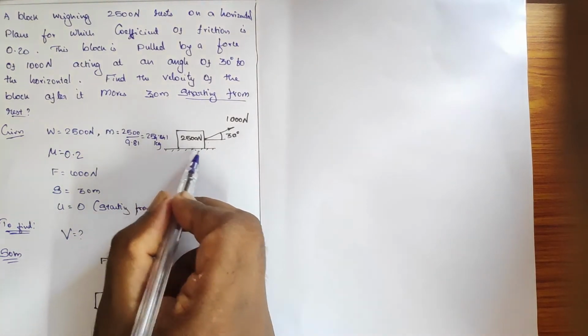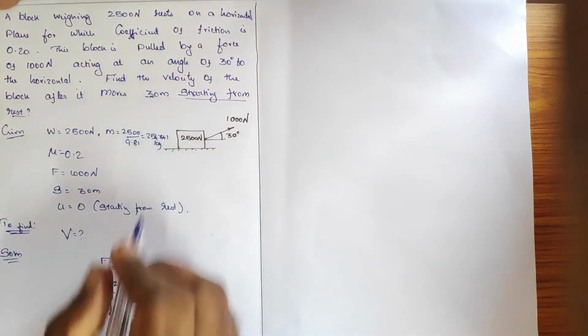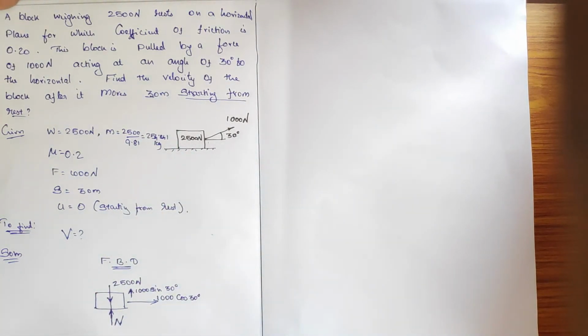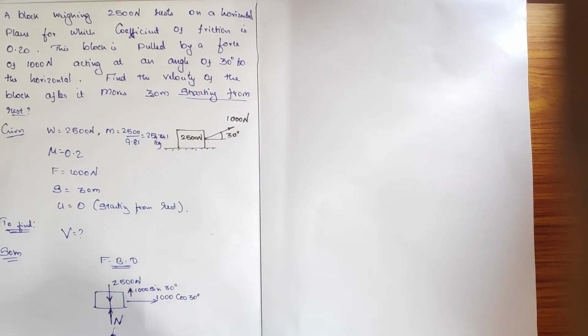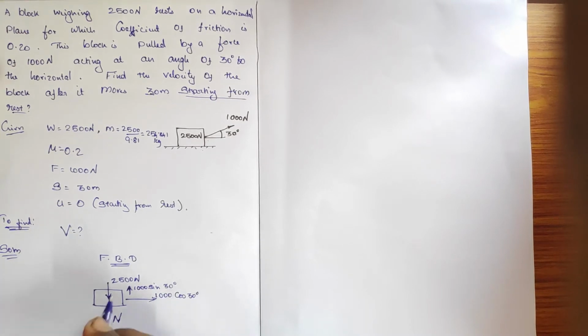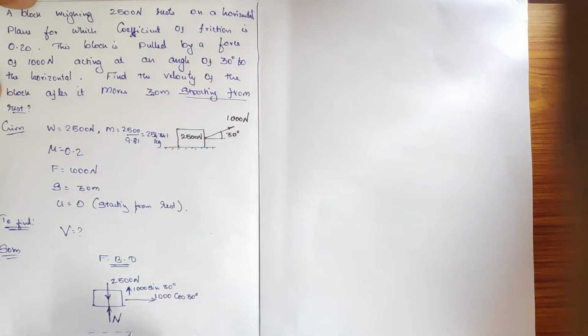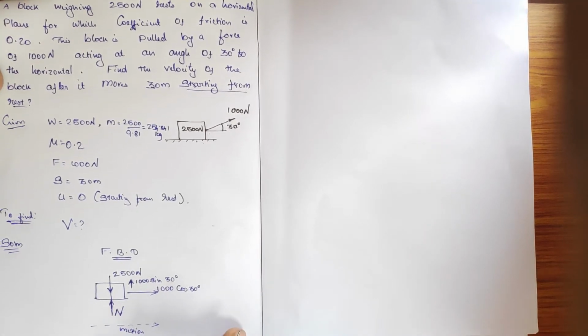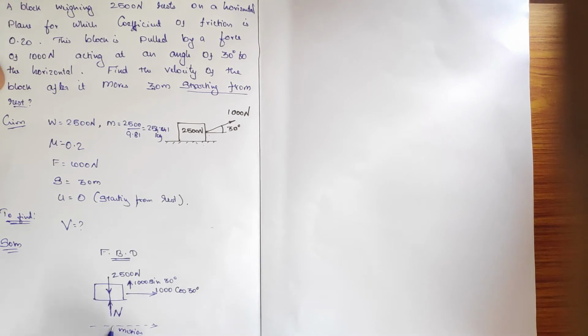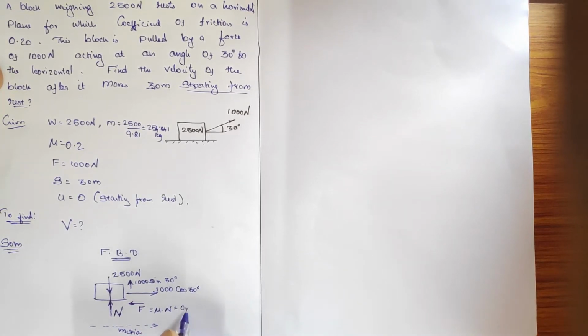Any other force? Yes, in the contact region, the normal reaction and the friction force will be there. That's very important. You should not miss the friction force. So the friction force should be predicted based upon the motion. Since the force is applied something like this, definitely the block moves toward the right side. Am I right? This is how the motion will be, so the friction force will be towards the left. Friction is mu into N, so it will be 0.2 into the normal reaction, right?